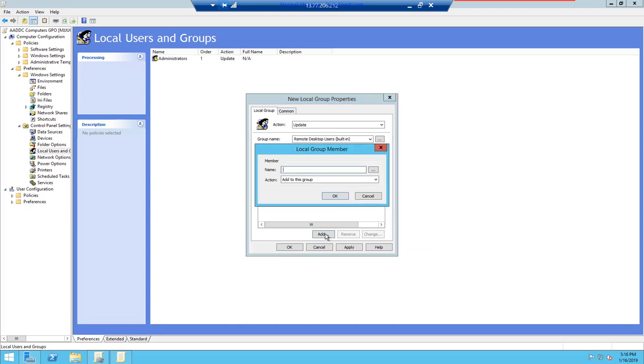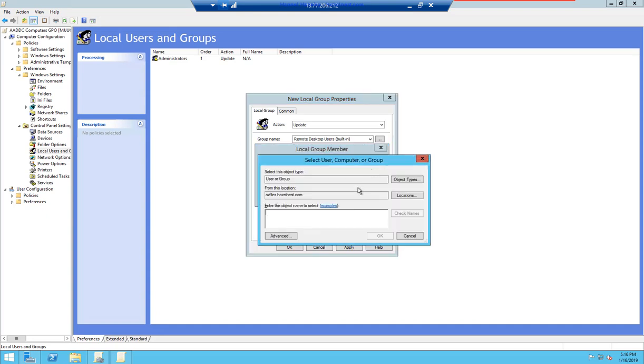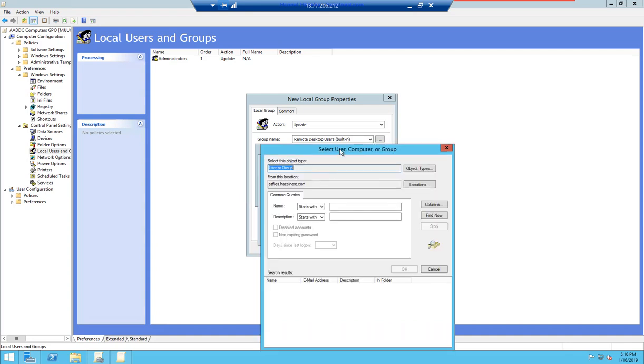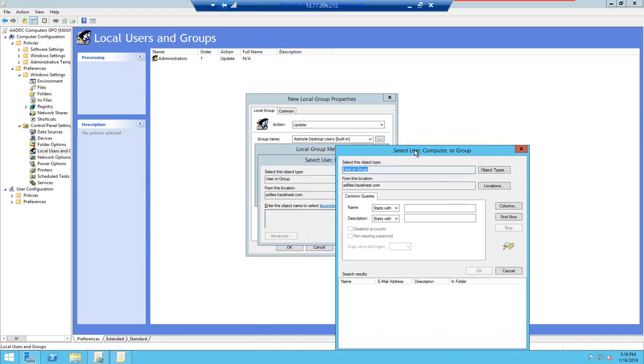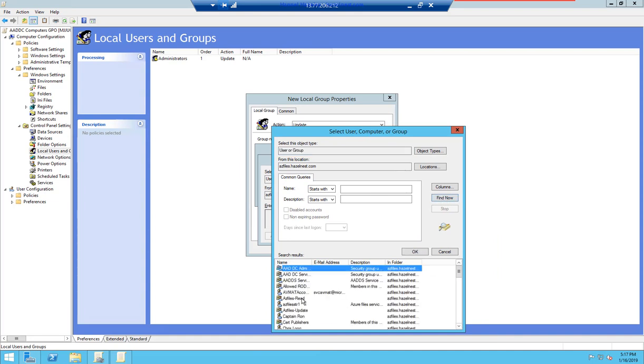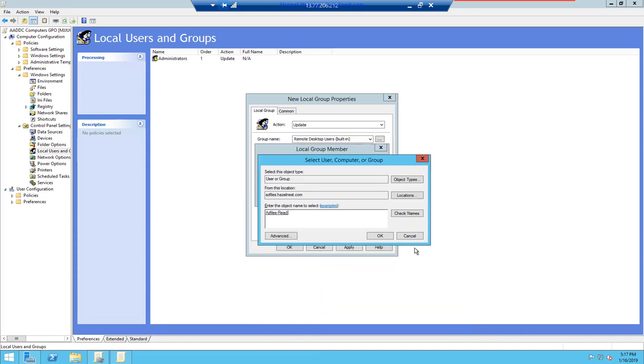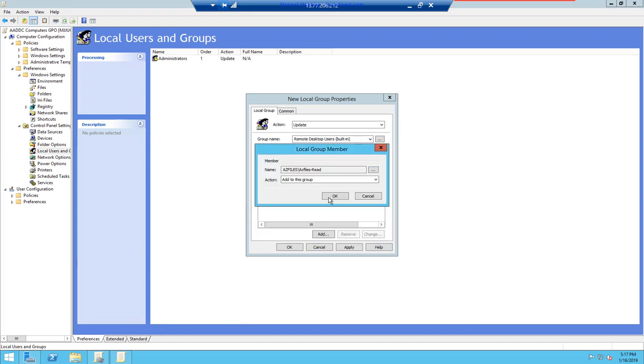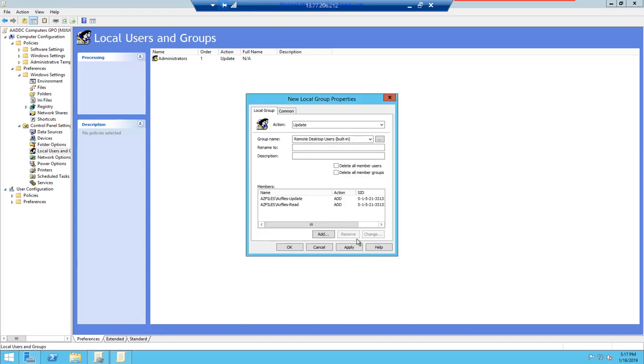All right, and I'll add the other one. Which one did I just add? I think I had the update. I see the read. Okay, so I'll add those two groups to the RDP group on my policy, and I'll say